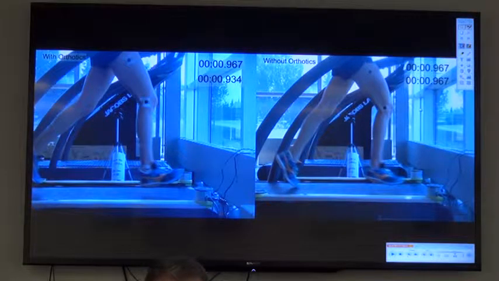So seems to have a little bit of difference, right, left, with and without orthotics, compensating somehow, a little bit of difference in the contact time. So seems to be a little more asymmetrical without her, with